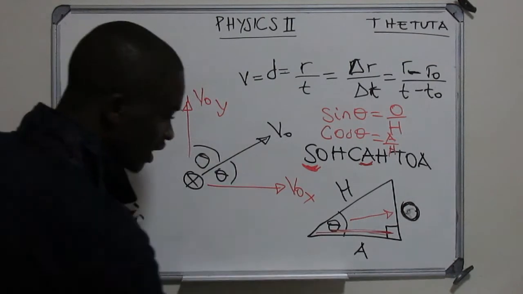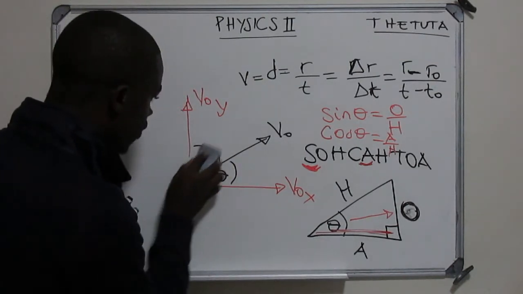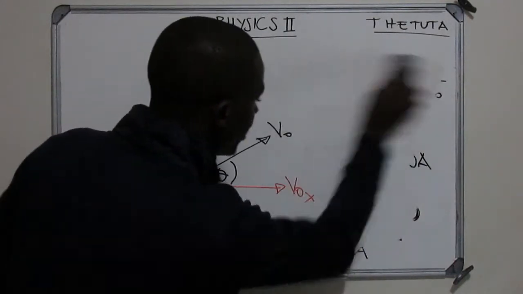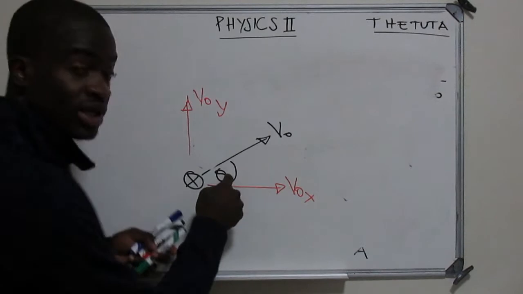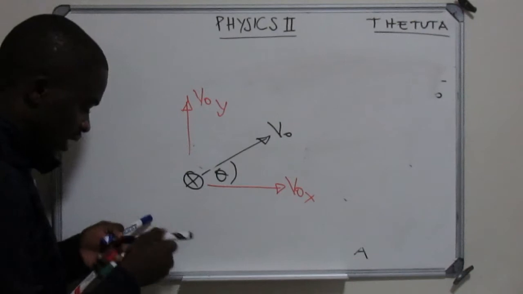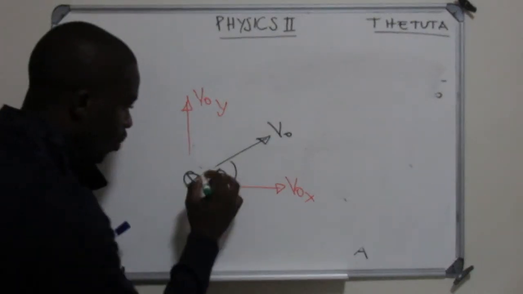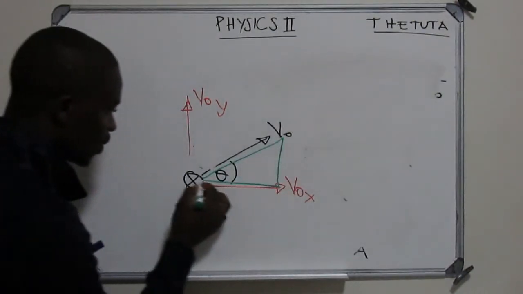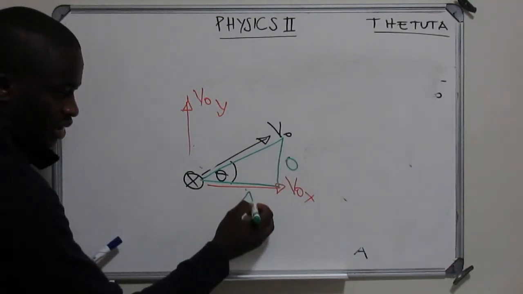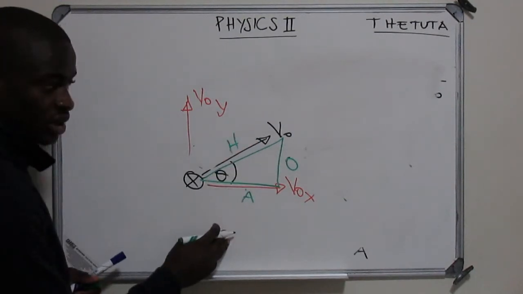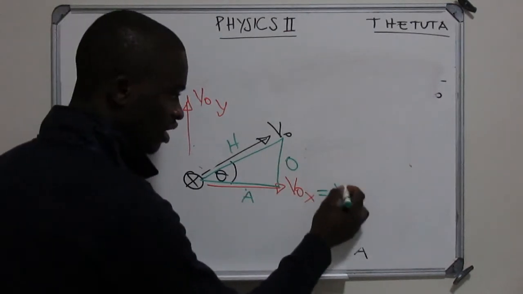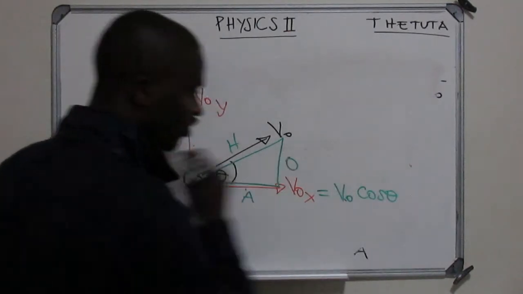So let's say, for instance, we were given an angle which is down here. Okay? We're given our angle is in here. So we need to represent this velocity according to the x-axis. Okay? What is our right angle triangle? We're going to see this is going to be our right angle triangle. Okay? So this side is the opposite, adjacent, and hypotenuse. So you can see that this velocity in x is going to be adjacent. Therefore, it's going to be what? V0 cos of that angle.